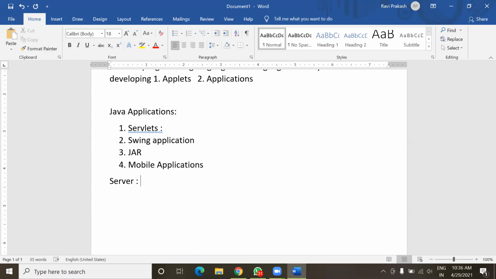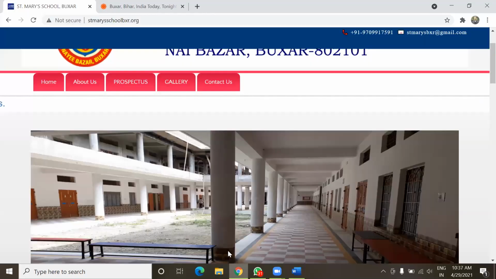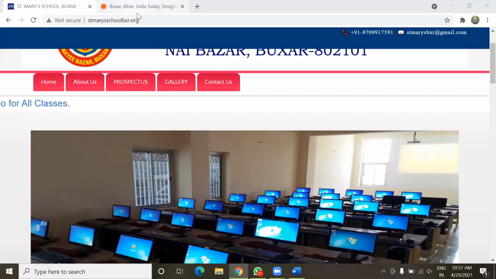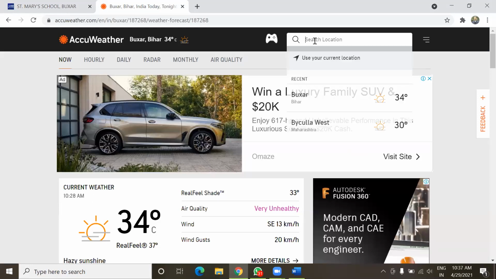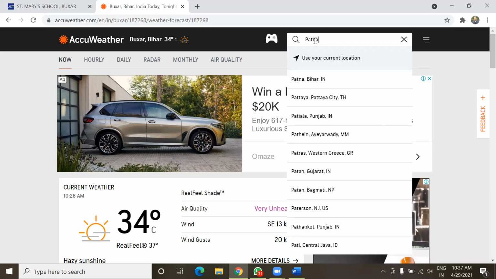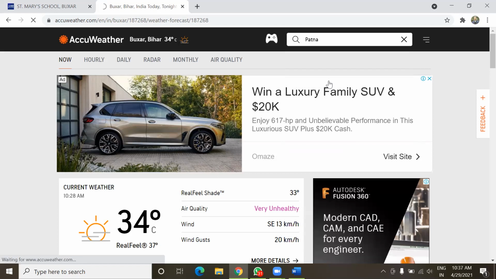Clients are the computers or smartphones that are seeking information from the server. For example, if I put a location like Patna, I am putting a request to the server of AccuWeather.com. If information is available to this server, it will provide me the result.